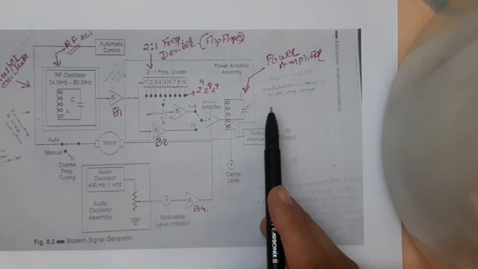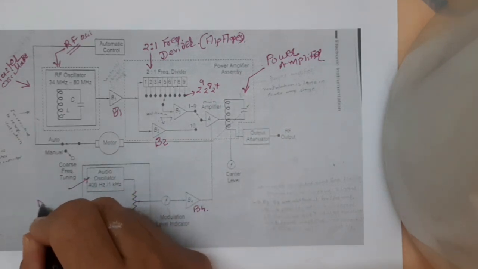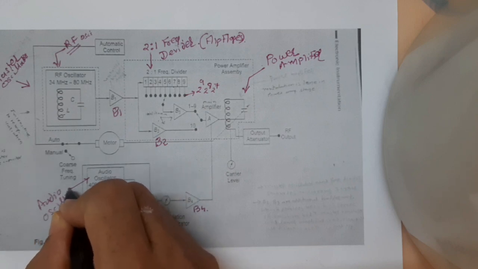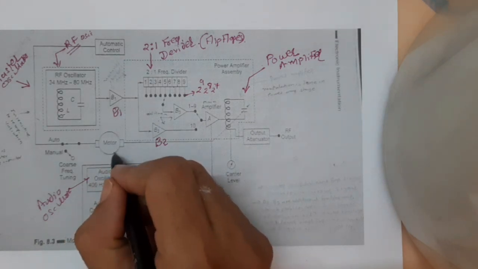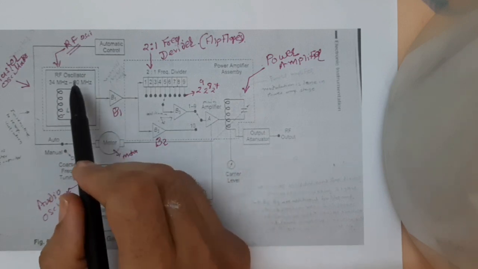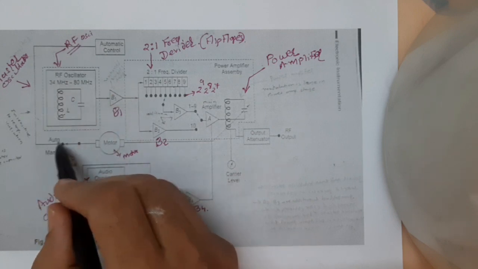Then what is this? This is our audio oscillator. Then there is a motor. This is our motor. That means whatever the master oscillator, there are two switches, automatic